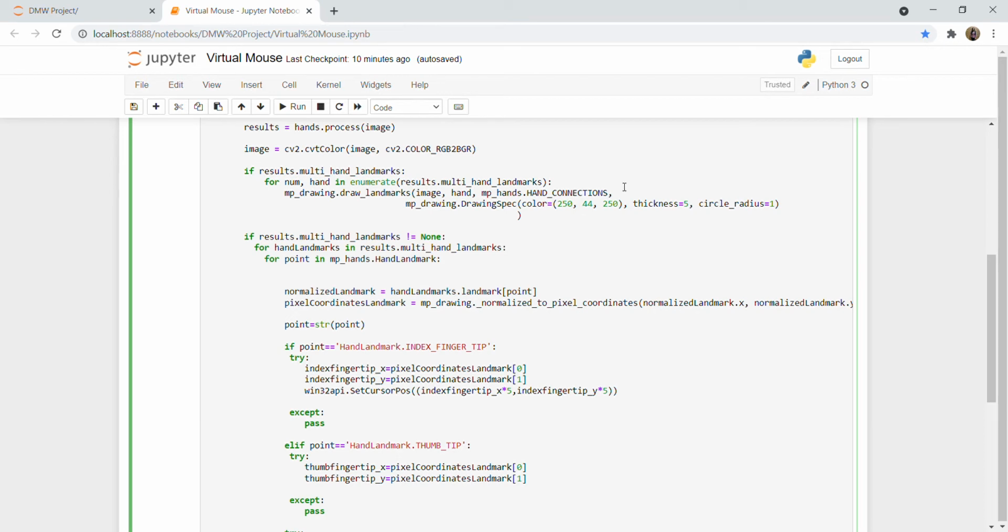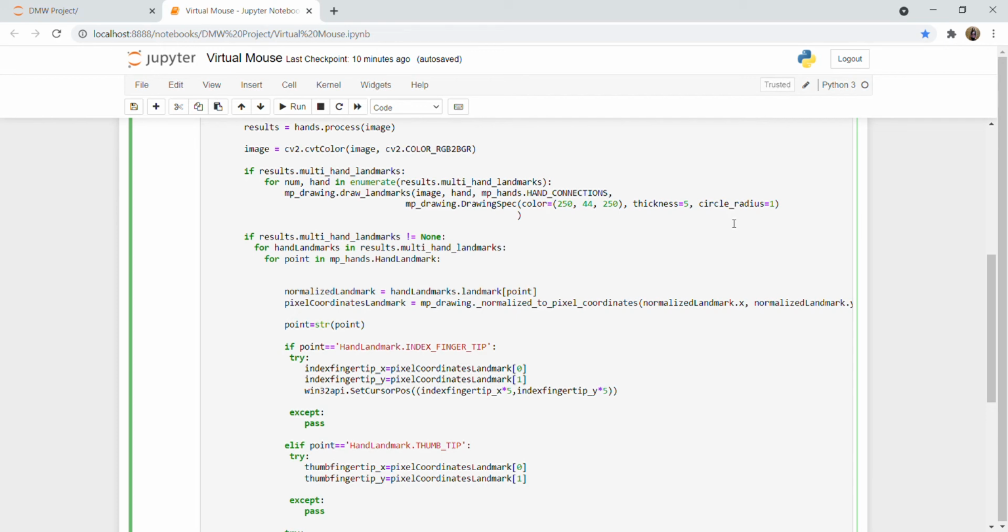And the MediaPipe drawing spec class is basically to draw with these parameters, that is the color, thickness and radius of the circles, and the points which are going to be drawn